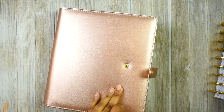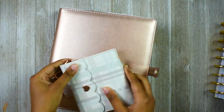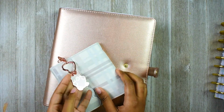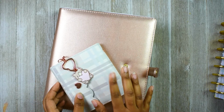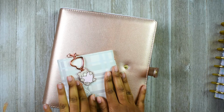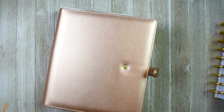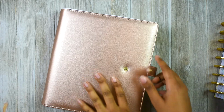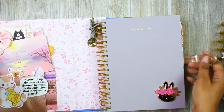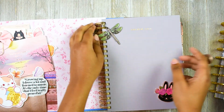Like, look, I've even coordinated my sticker book for the new year. I'm going to be using this sticker book that came out of another Simply Gilded sub box, and I've already started putting my stickers in there. It's like I'm ready for next year. When it comes to my catch-all planner, I'm ready. So I did go ahead and get some planner charms, and you know what, I'll